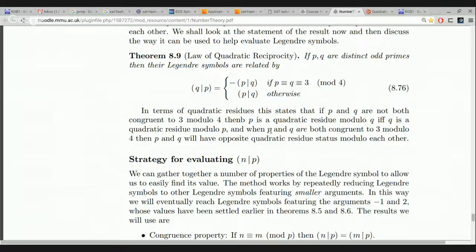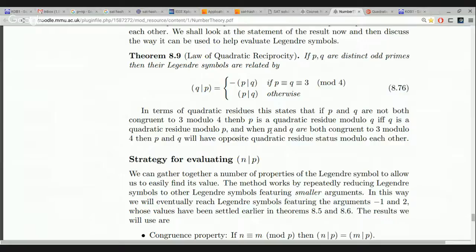Now remember, in any one of these multiplicative modular groups, half of the elements are quadratic residues and half of them aren't. So if it was all completely random, half of the time you'd expect (Q/P) to be plus 1, half of the time minus 1. And likewise, half of the time you'd expect (P/Q) to be plus 1, half of the time minus 1. So if there was absolutely no connection between the systems modulo P and modulo Q, we'd only expect the Legendre symbols to agree